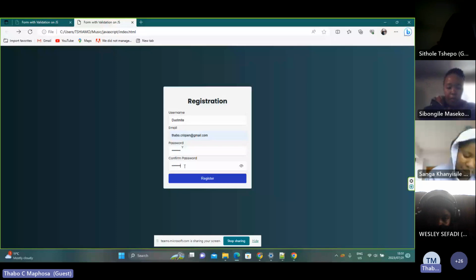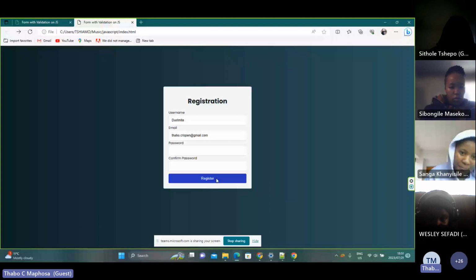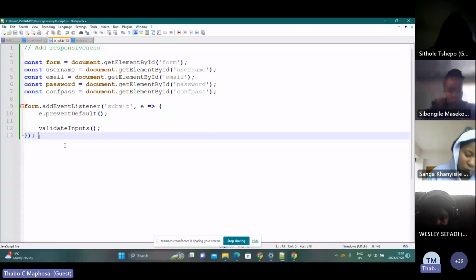Click on register. See, it still leads me somewhere because at this time our JS is simply written to do one thing. Our button is linked to just go to the root. That is what the button does. But notice here, my information doesn't go anywhere, except for the passwords that have to be refreshed. But anyway, now we can start coding for the other things, like for instance, let's code for the errors and